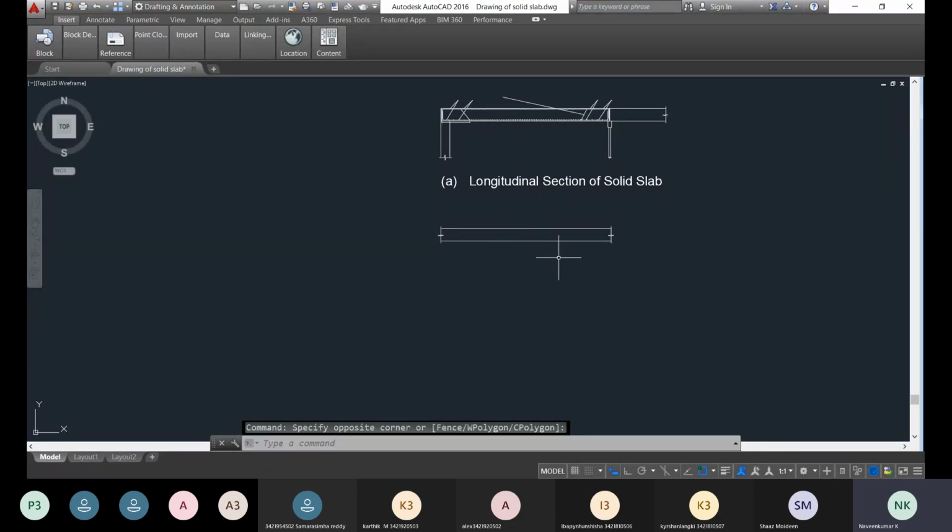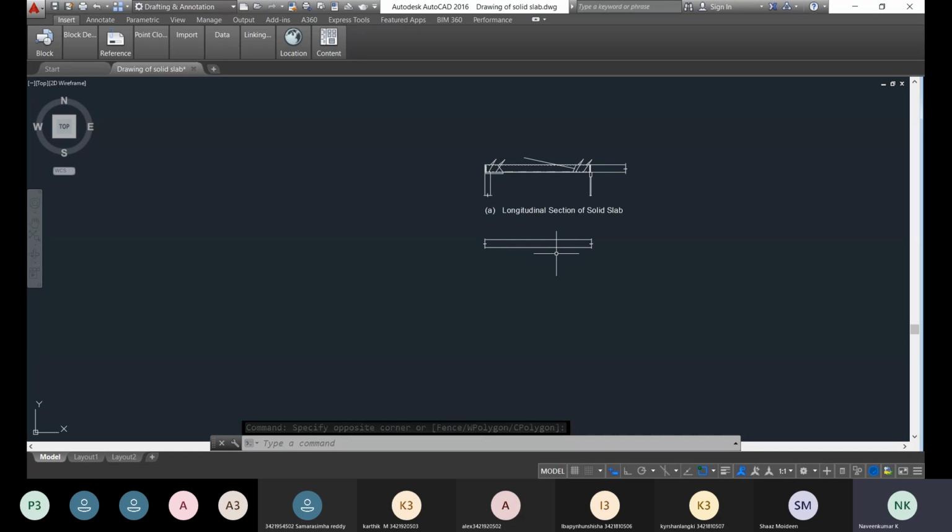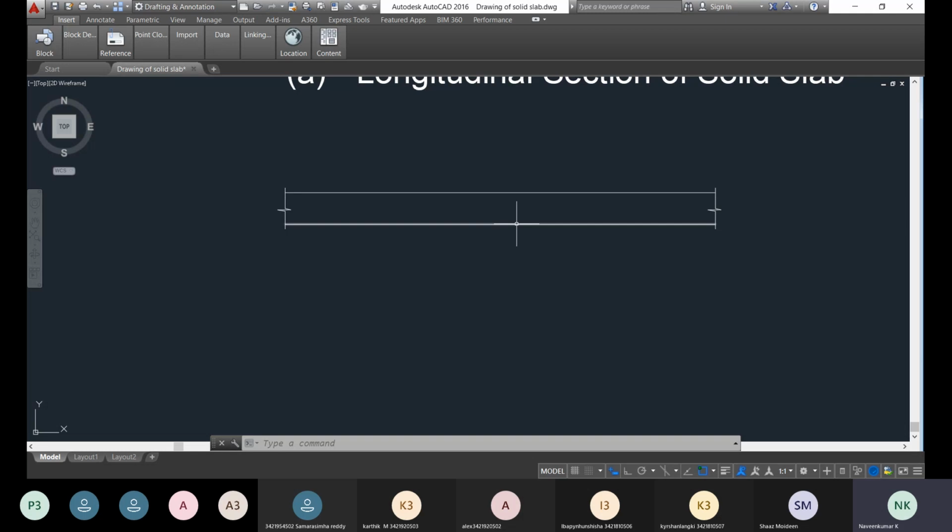Now it is not in the shape of T, right? So you should draft the deck slab also. The deck slab is attached to the solid slab, then it appears as a T beam. Then you are going to draw the deck slab here. How will you draw the deck slab? For that you have to know the breadth of the flange. In a T beam, whatever type of beam it may be, there is a web and a flange. I'll show again how to create that flange.